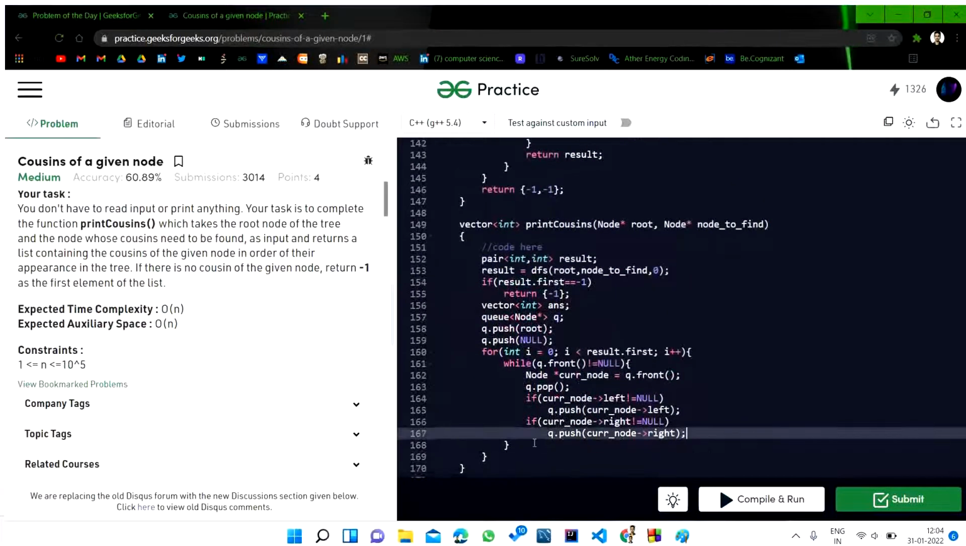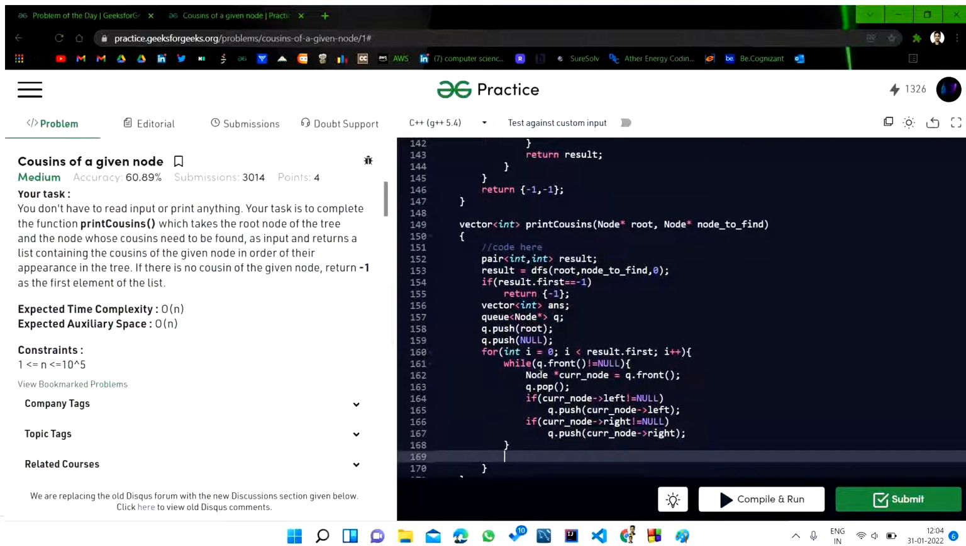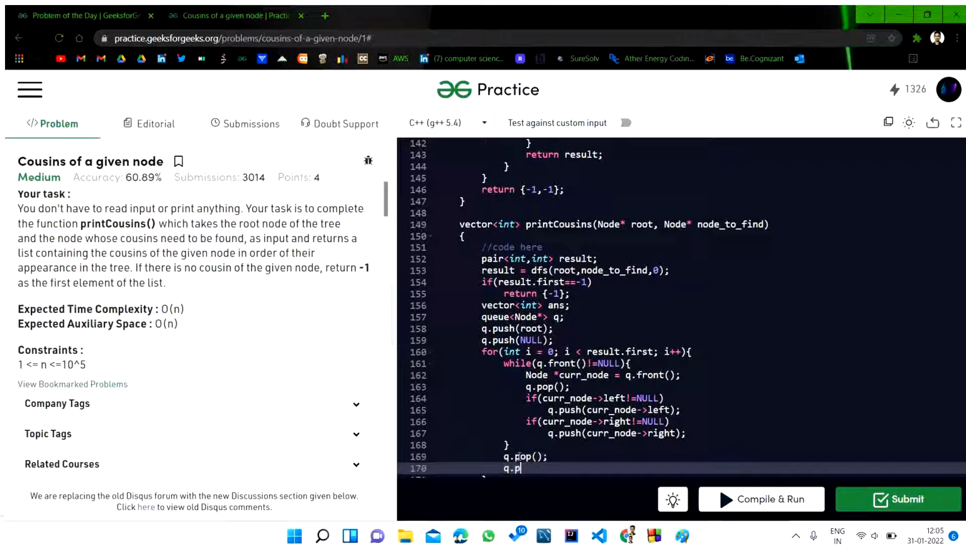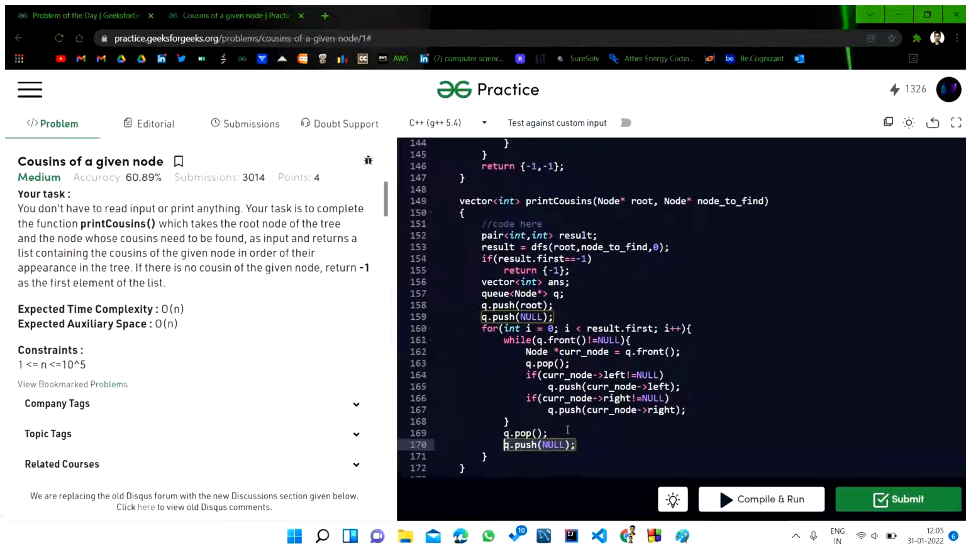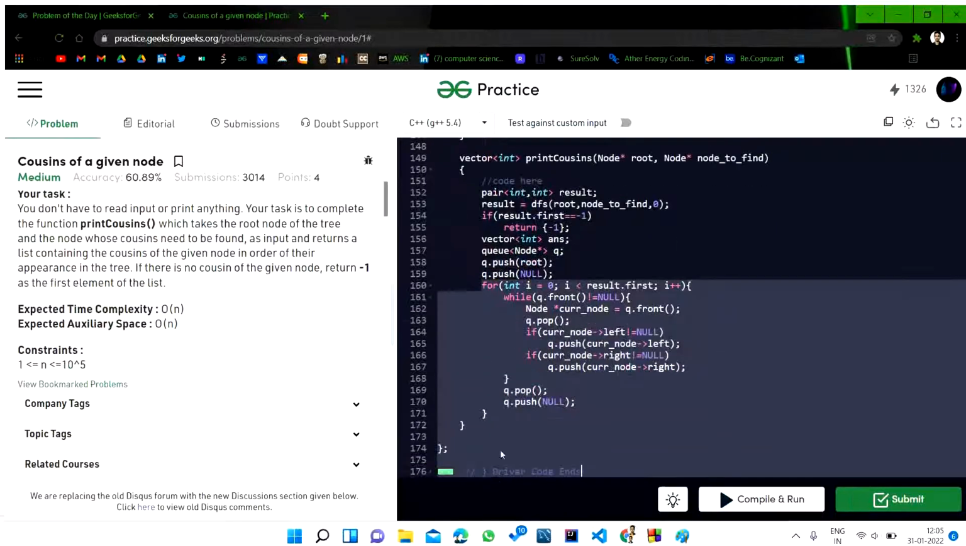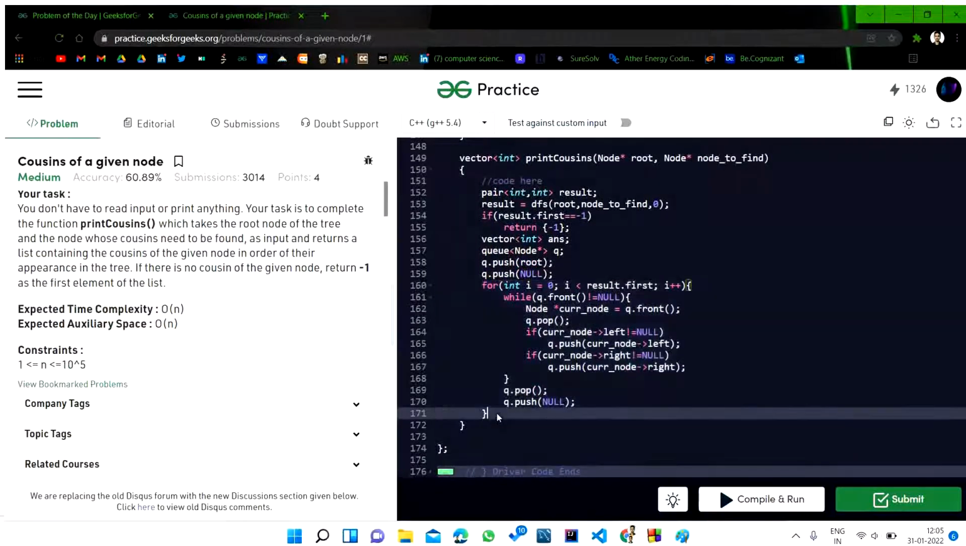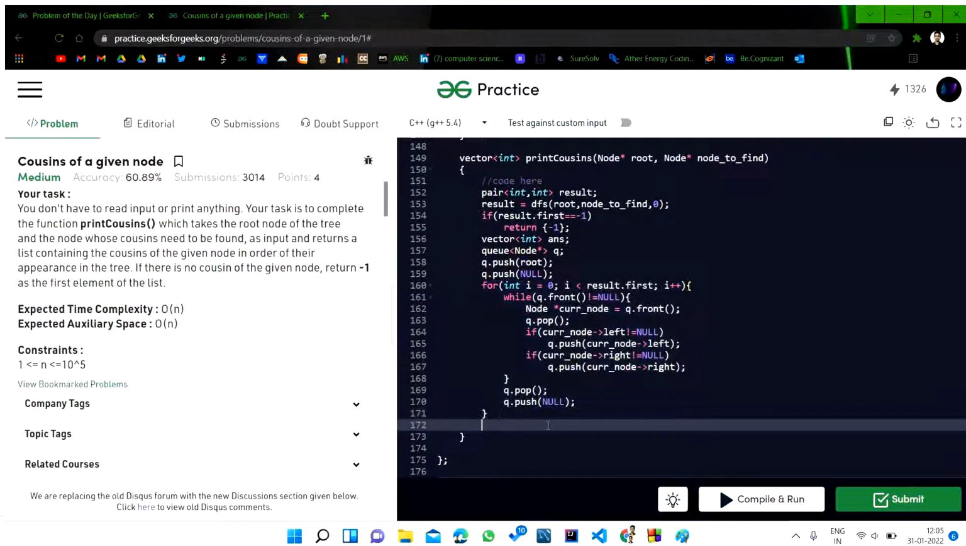Okay, and after all, this condition will become false. That means we have completed a particular level. So all I have to do is remove that null, and again insert null at the back of the queue. That means this is the end of the current level. So whenever this for loop completes, we reach a level which is equal to the level of the given node, and we will come out of the loop. And now all we have to do is